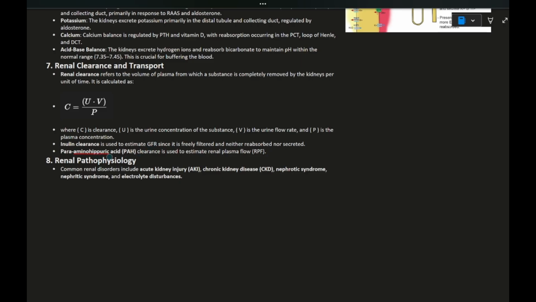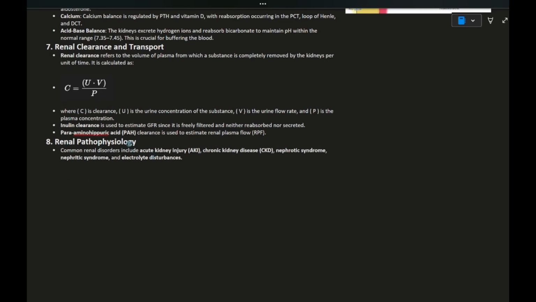Finally, the para-aminohippuric acid, or PAH, clearance is used to estimate the renal plasma flow, or the RPF. So inulin for estimating GFR, and para-aminohippuric acid for estimating renal plasma flow. Alright, lastly, we have some renal pathophysiology